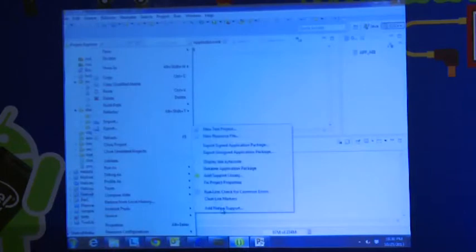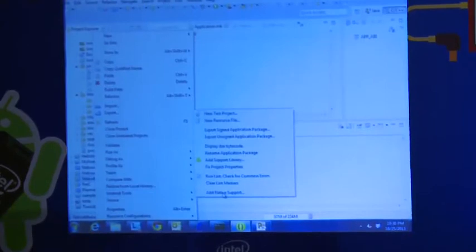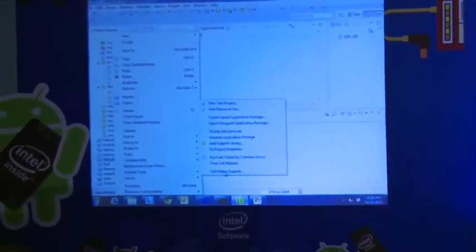After you do that, this might not show here, so let me try this. You right click on the project, Android tools, and say add native support. So once you do that, you've finished setting up your NDK platform, NDK project, and then you can get going with building and running your project.